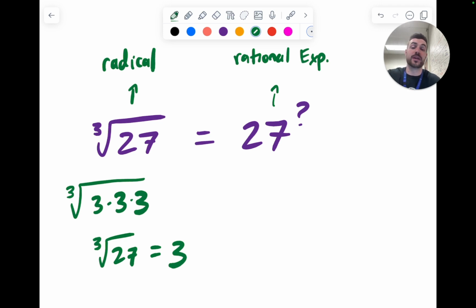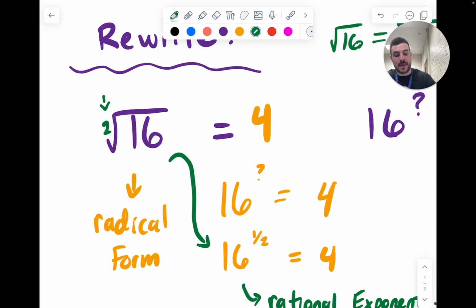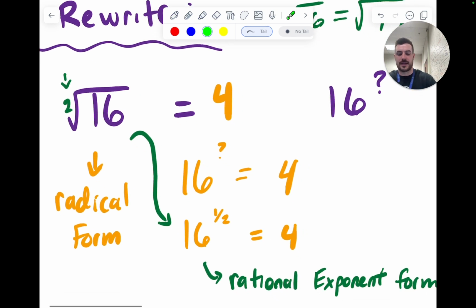All right, so 27 to what power is going to give us the same thing as the cube root of 27, which was 3. All right, so let's use the same idea we did over here. There is an imaginary 2 here that we don't have to write with the square root, and our rational exponent form was 16 to the 1 over 2. So using the same thinking,